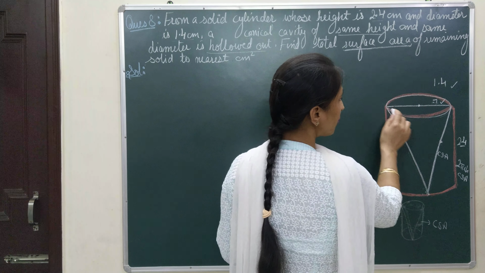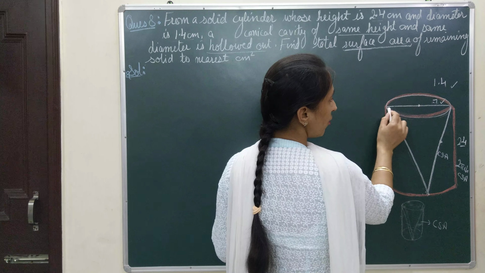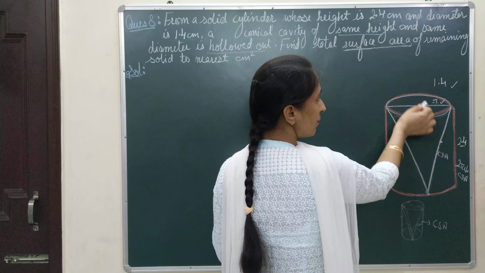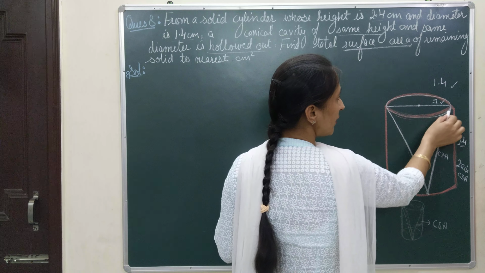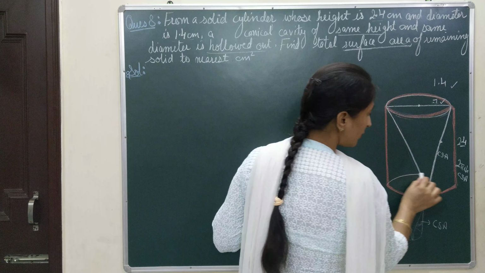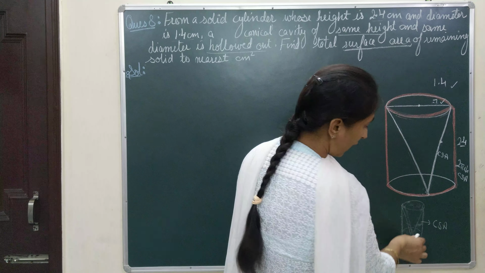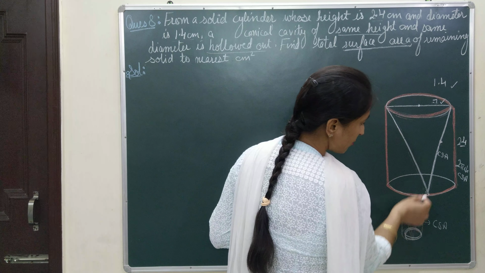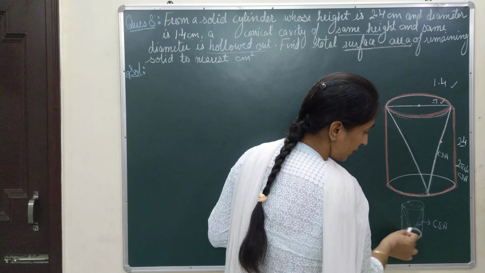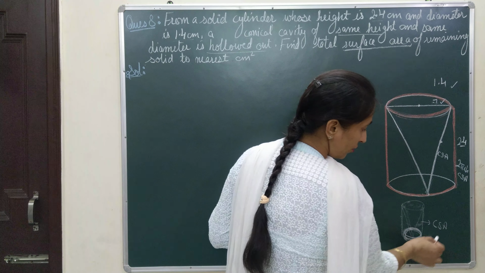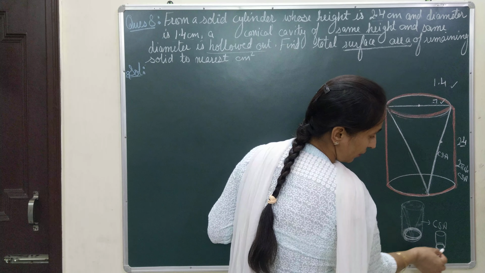Now we have talked about this circular end from where you have taken out something, the ice cream. From this end it is empty, it is hollow, so you do not have anything on this side. But what about the other end of this cylinder? As you have not touched this side, this part of the cylinder, you have just taken something out in the form of a cone. So there the circular region is the same as it was earlier. You had that cylinder, and when you took something out, this portion was not touched.